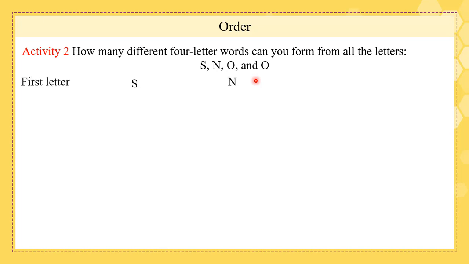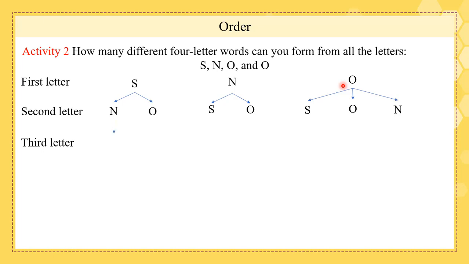So the first letter could be either S or N or O. Well, the second letter, if the first letter is S, could be either N or O. Now here N, we could have either S or O, and here, if the first letter is O, the second letter could be either S or O or N. While the third letter, this would be O. Here we're going to have N or O. Here we will have O. Here we will have S or O,